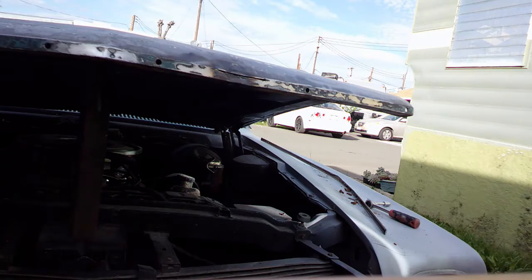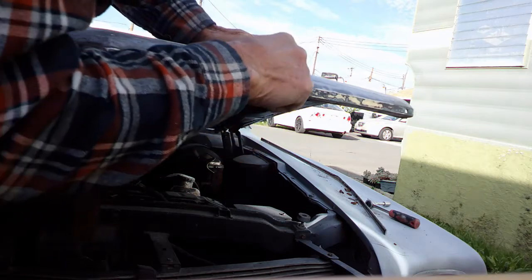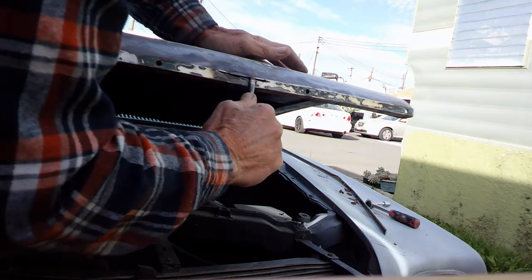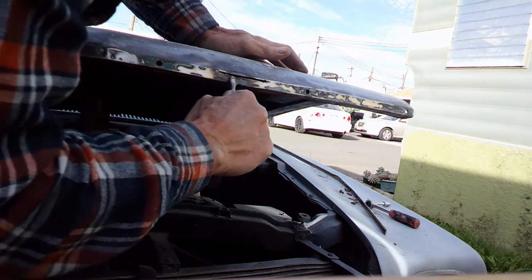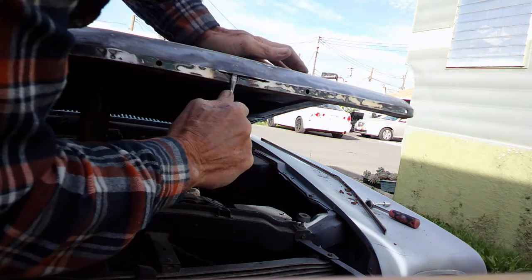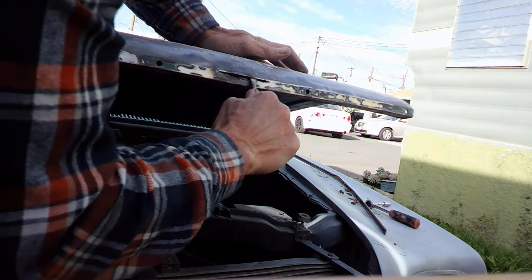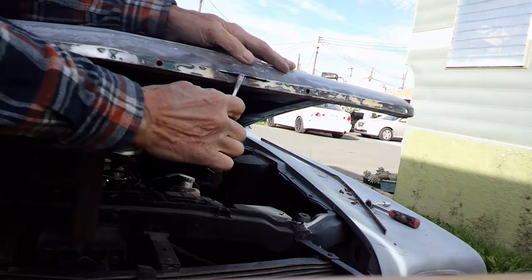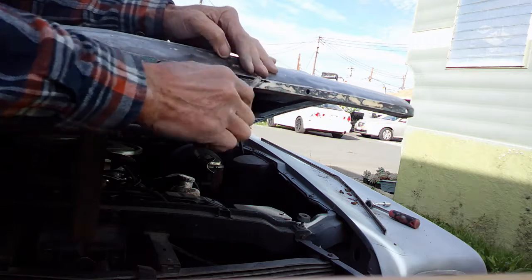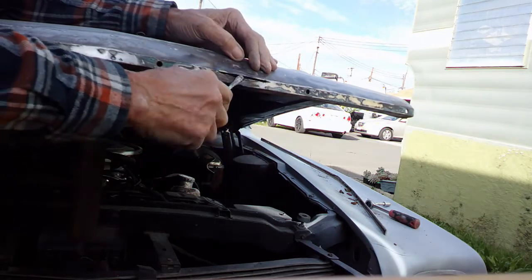Cut right through both pieces. Now, good, we're going to be able to do this. Looks like it's coming out all right. Yeah, it took the stress off of it. This, if it's too low,